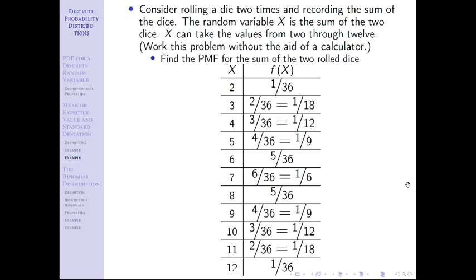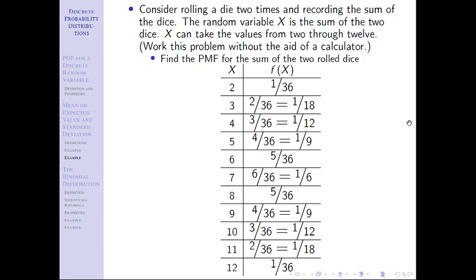And you can verify that this is a probability distribution. There are no probabilities less than 0. There are none greater than 1. And if you were to add them all up, you would get 1. How would I add them all up? I could simply add up all of those numbers. And again, when we add fractions, we keep the denominator the same and add the numerators. 1 plus 2 plus 3 plus 4 plus 5 plus 6 plus 5 plus 4 plus 3 plus 2 plus 1 should get you back to 36. That's how we found that the denominator was 36, because we said that there were 36 ways. So we add up all those numbers. We should get 36 over 36. That makes 1.